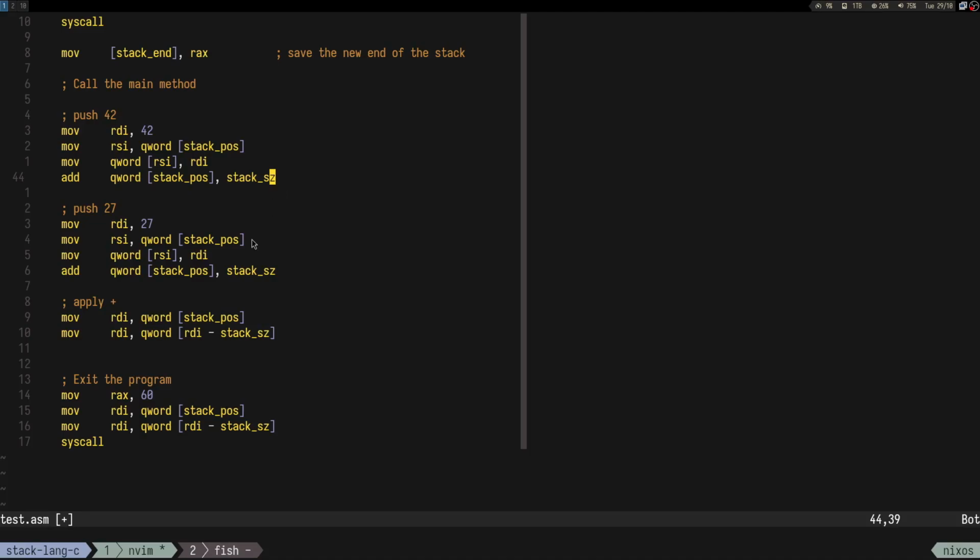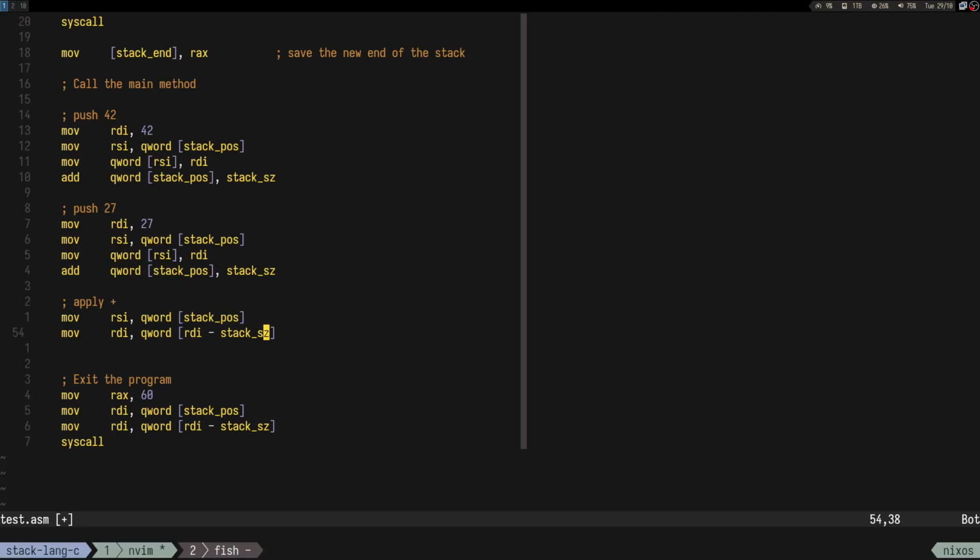Right. So like that, here we take into RSI the stack position, then into RDI we put the current word,